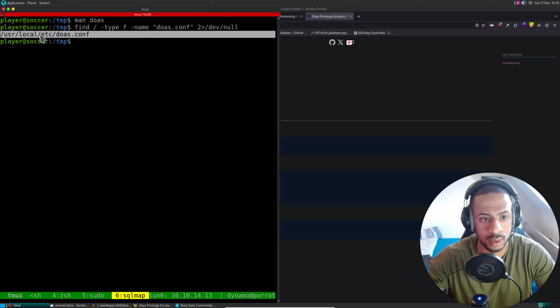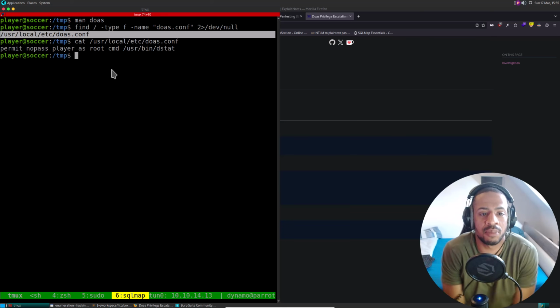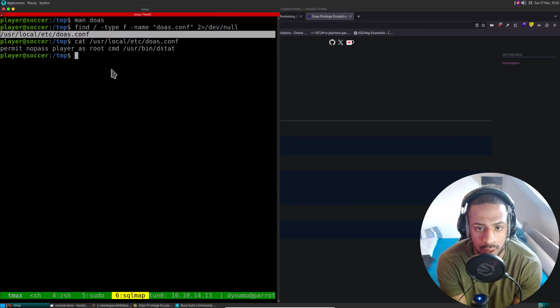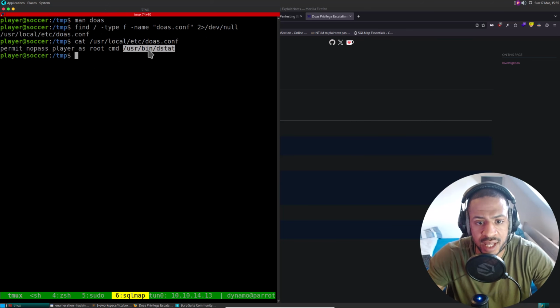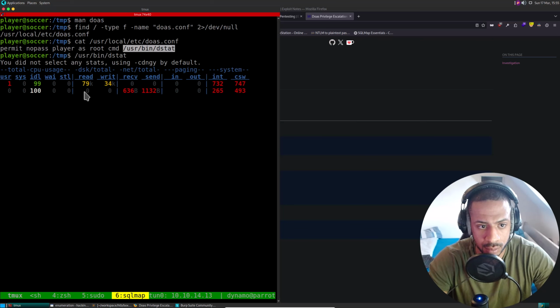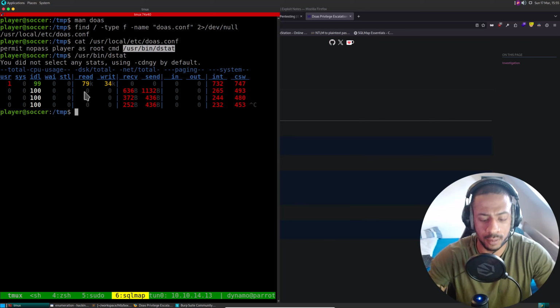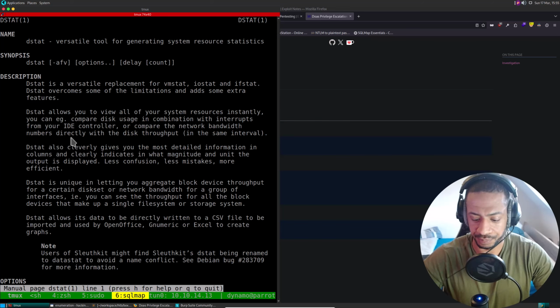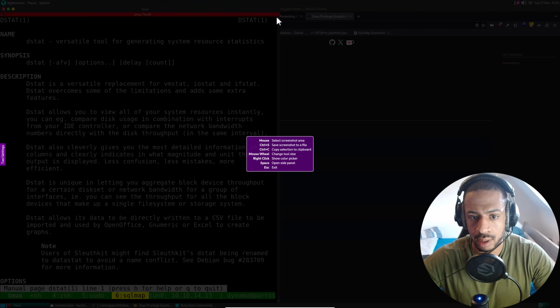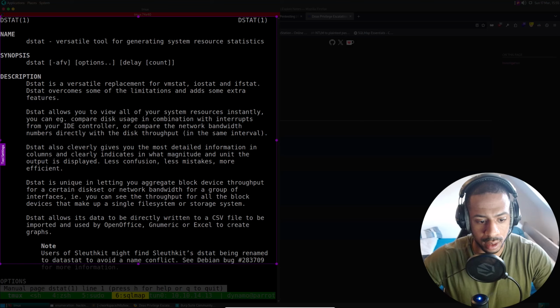User local. Okay, so this is the config file. Cat. permit nopass player as root. Oh, so player can execute as root the command /usr/bin/dstat. What is /usr/bin/dstat? Okay, what is dstat? man dstat. Let's go one after the other.